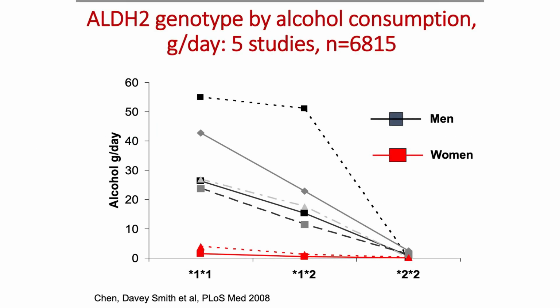And here's an example of how strong the effect is. This is a study looking at genetic variation in acetaldehyde dehydrogenase. Let's just look at the men first. The study is conducted in East Asia, and in this particular study sample, women didn't drink much alcohol at all. It was mainly done in populations where, in those societies, women didn't drink much. So there's not much variation in how much women drink. But if we look at the men,